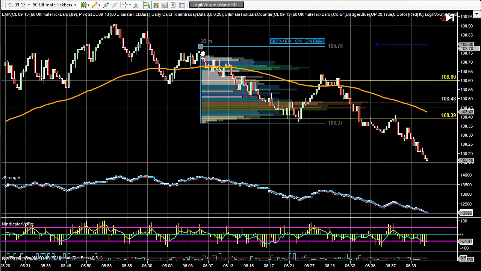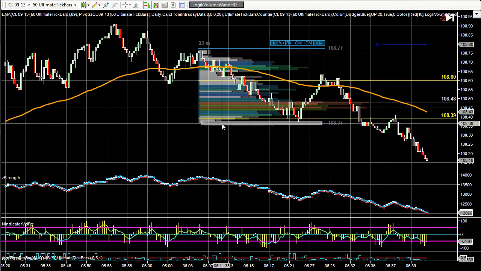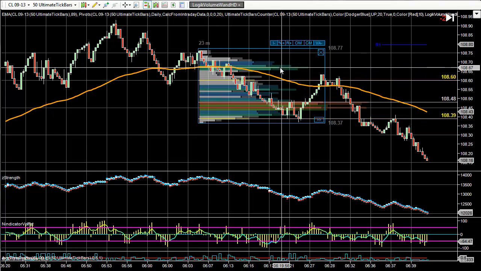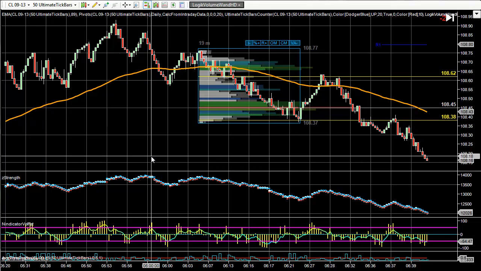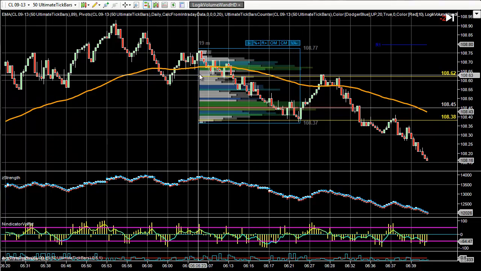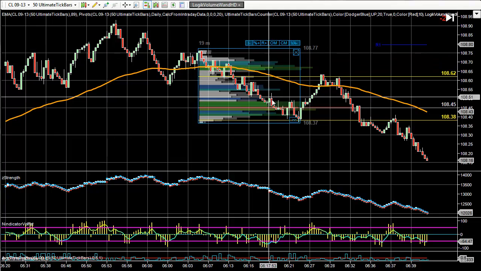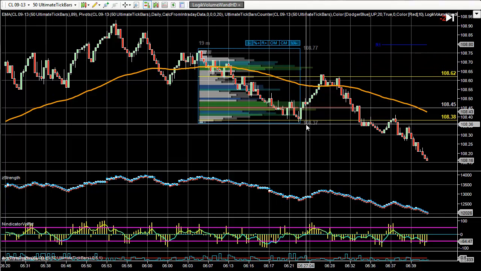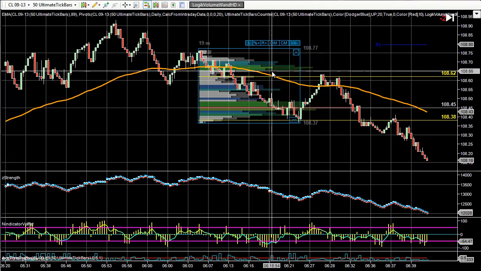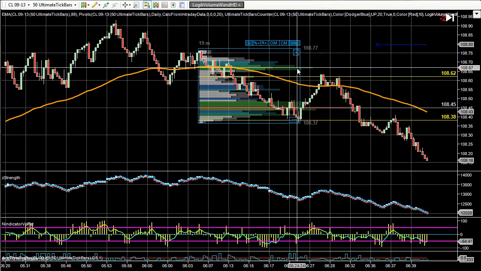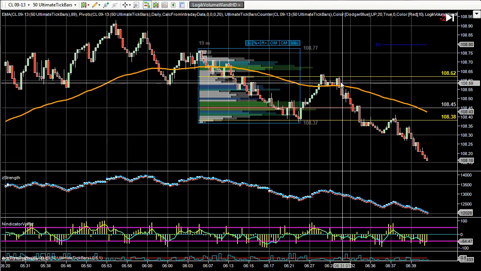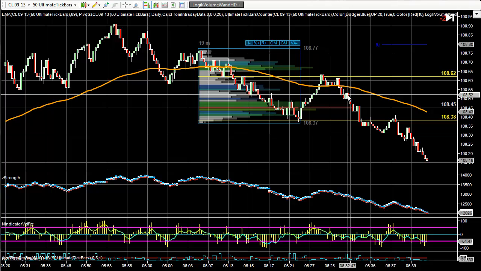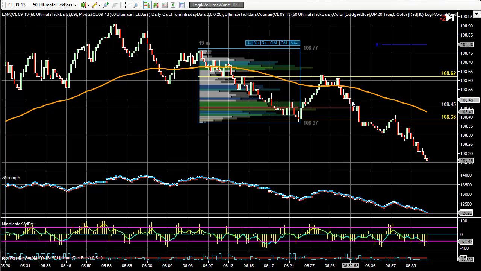Another thing, I could have brought it up into here and see that I did come up and test into this high volume node right here. Now you'll see if I pull this back right here, I have the market. I've basically taken this range from this point to this point. This is a half cycle right there. And then the market comes up and it tests just short of that high volume node right there and then continues lower. So once I saw some microcycling going lower on this, I may have actually decided to enter a